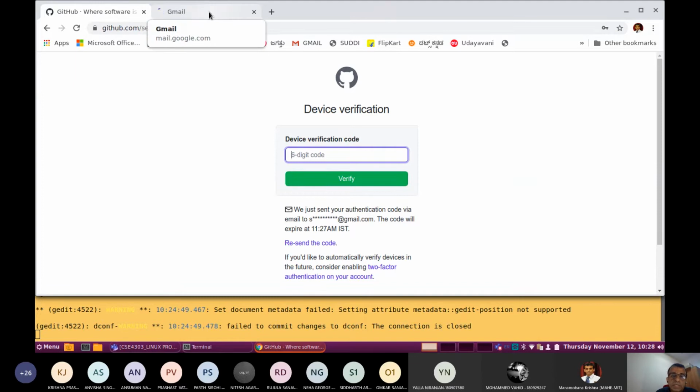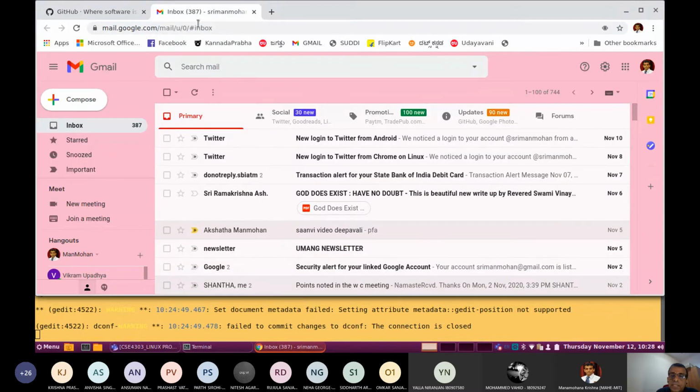It will send a verification code. Meanwhile, all of you create a GitHub account in your name. Do it carefully, and you can use it later also.